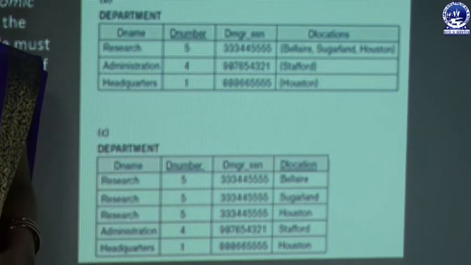Then we have to discuss the second normal form. The second normal form is based on the concept of full functional dependency. Here we have to know what is full functional dependency and what is partial functional dependency. So full functional dependency means all the non-prime attributes fully functionally depend upon the whole key, right? And partial functional dependency means non-prime attributes depend just upon part of the key instead of the whole key.